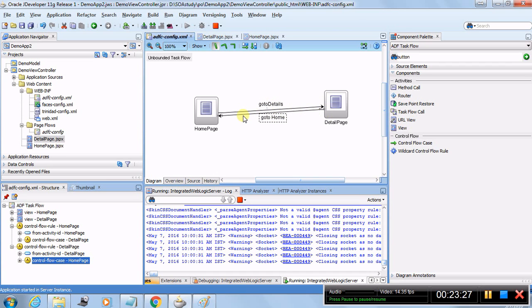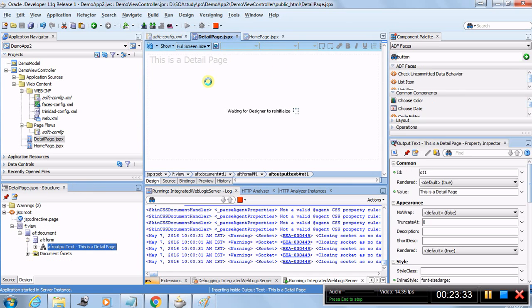Okay. So you see there is a forward navigation, and this forward navigation is already linked to that button on the home page. And now we have created this backward navigation, which is go to home, which is right now not linked to anything on the details page. Now our job is to create a button and link that backward navigation. Right. So we go to the details page,